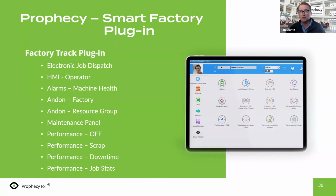And so in the traditional sense of having them necessarily go clock in and clock out of a job on a CNC machine, you'll see in a second how we can kind of reimagine that experience. Excellent question. Thank you. So good question, kind of timely comes up. Obviously, we feel that there's a